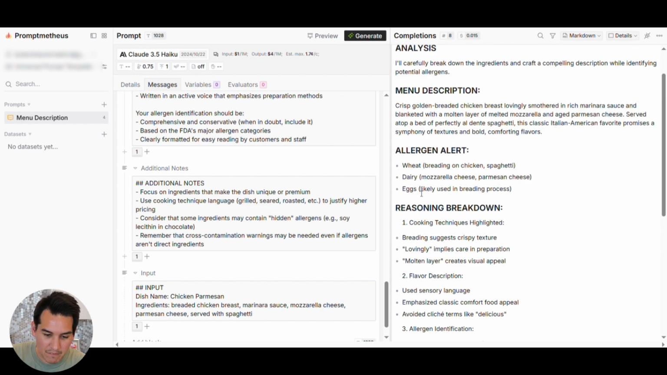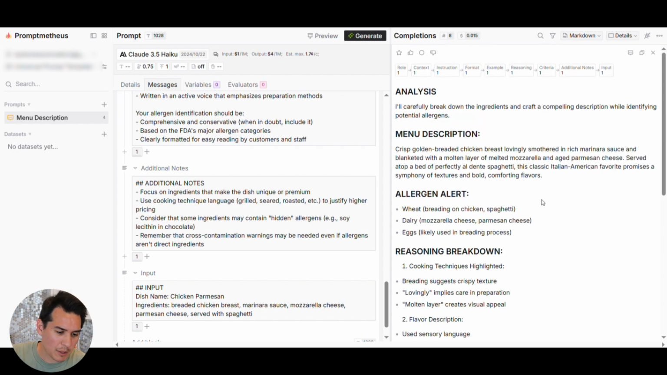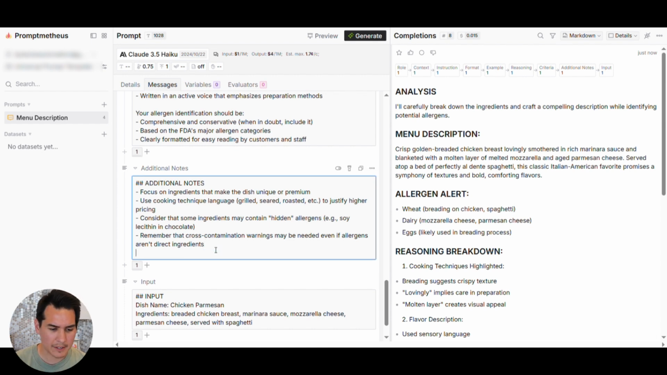Again, this also found the eggs, which is a hard one. As you can see, we got a lot more out of this one. We could probably just update this in the additional notes. So maybe we can say, follow the exact structure. Do not include any reasoning or